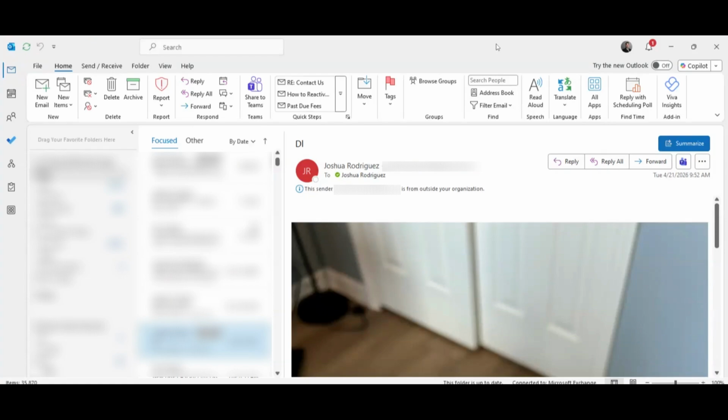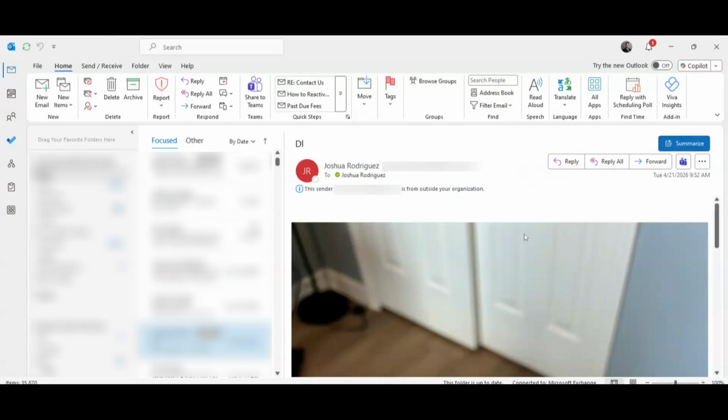Then you're going to open the email and locate the email you just received. The picture may actually be embedded in the email, or it may come as an attachment. It just depends on your email settings. If it comes as an attachment, then there should be an option where you can right click it and click download. Also, to the side of the attachment, there might be a down arrow, so you'll click on that and